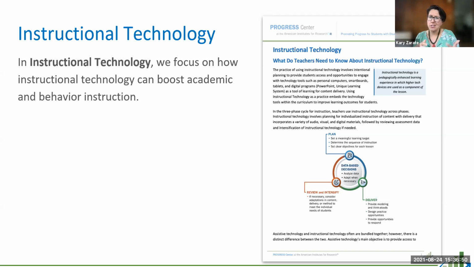There are many considerations teachers need to make when incorporating technology into lessons, and those details are covered in depth in the brief. But most importantly, teachers need to consider the skills that their students already have with the technology tool that they're using, as some of the technology skills might need to be explicitly taught. The biggest takeaway here, though, is that instructional technology is not the same as assistive technology, as assistive technology is about overcoming barriers and gaining access to curriculum. So more on that can be found in the module that we'll talk about in a moment and at the